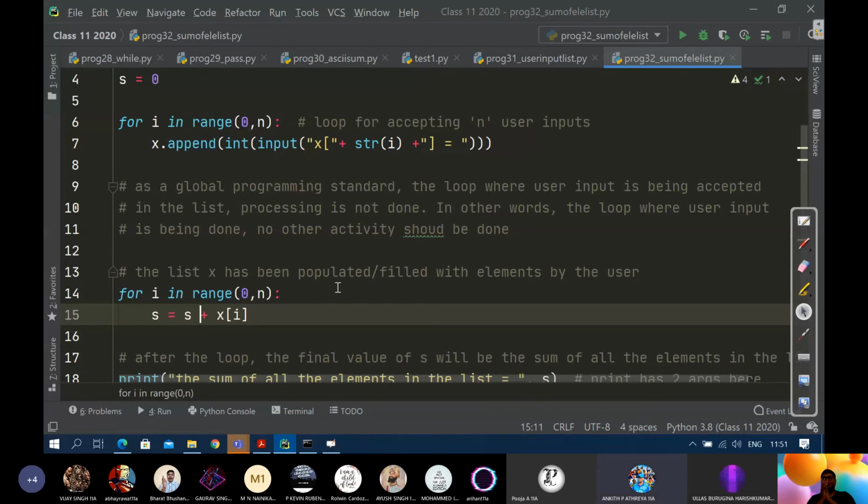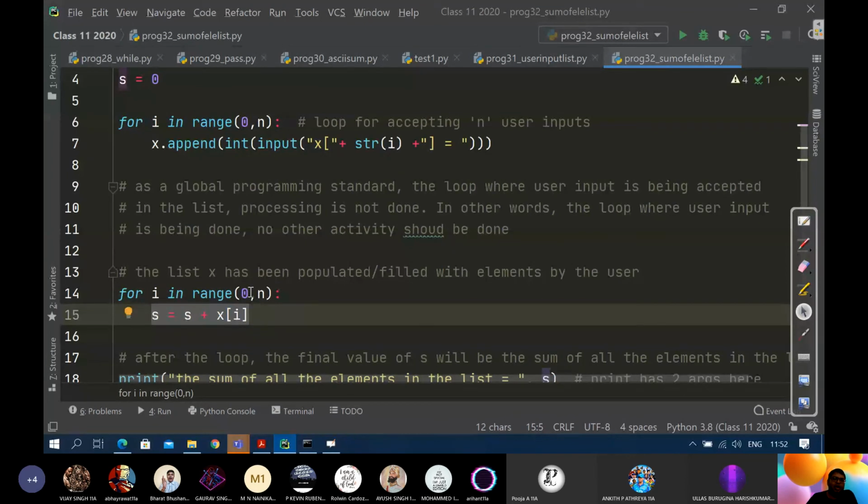Is it clear? So what is the meaning of processing is not done? Processing means any other activity. Processing means taking the user input values and then accumulating them in your program. देखो यहाँ पे accumulation करके you are finding the sum ना.